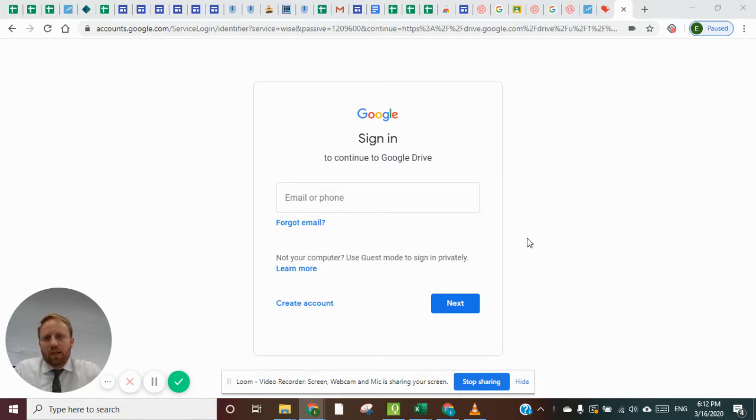In order to be able to maximize our distance learning program, we set up Google Gmail email accounts for all of the students to be able to use as the way to connect to their teachers, access their Google Classroom and various other resources that the students will use as they are learning from home. So to start off, the students will go to google.com,